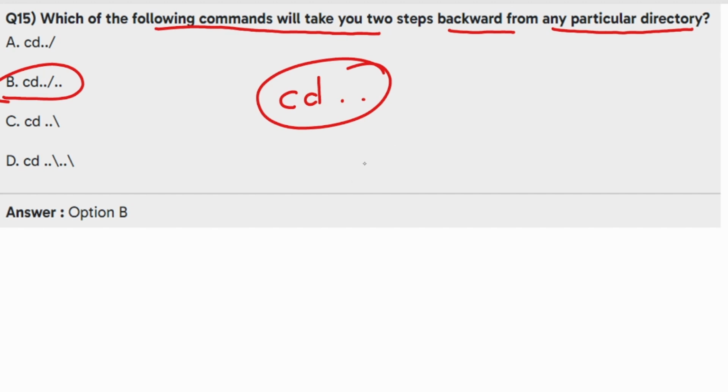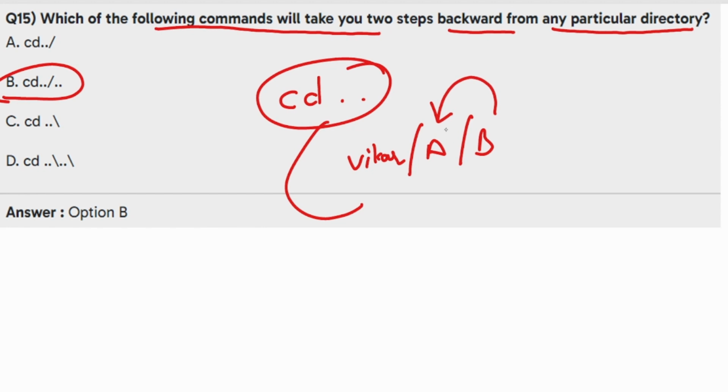Suppose we have opened Vikas, then directory A, then directory B. When we type the command cd .., it will go back to directory A, like Vikas, then A. We just redirect backward from the directory. So this command is used to go backward from any particular directory. Now move to the next question.